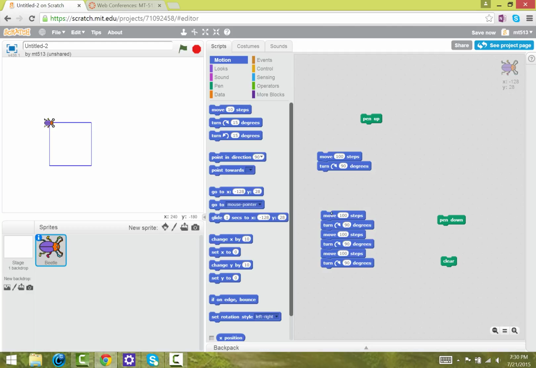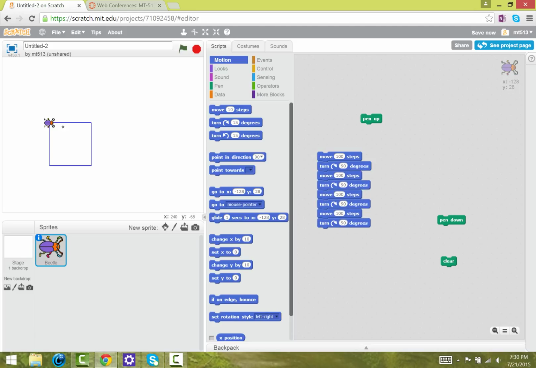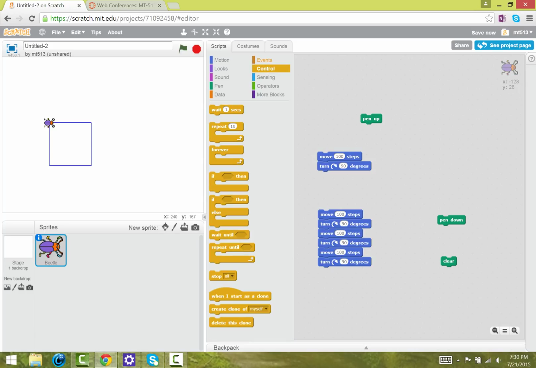The reason it would be bad to copy and paste code: let's say I want it to pause after each line. I would have to throw in a whole bunch of pauses before every move or after every turn. So the alternative, thankfully, when I just want to repeat these 2 lines, is a block under control. This is something called a loop. Whatever you put inside the loop body will happen several times. So in this case, I'm going to repeat 4 times,